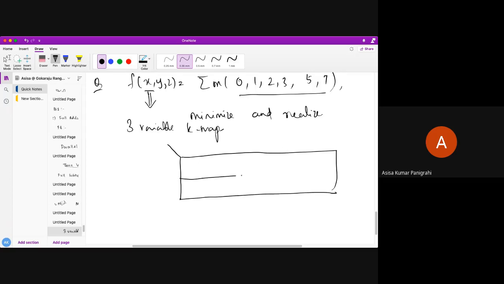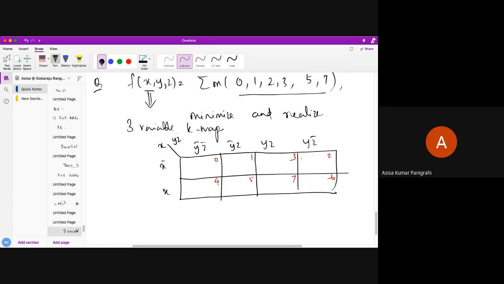Okay, so this is my 3 variable K-map. I have just constructed my 3 variable K-map over here, which is x and yz. X is MSB, z is LSB. So here it is y bar z bar, y bar z, according to the gray coding, I have put over all these things, x bar and x. Now the place values over here, what are the place values? We know this is 0, 1, 2, 3, 4, 5, 6 and 7. These are the place values of min terms.